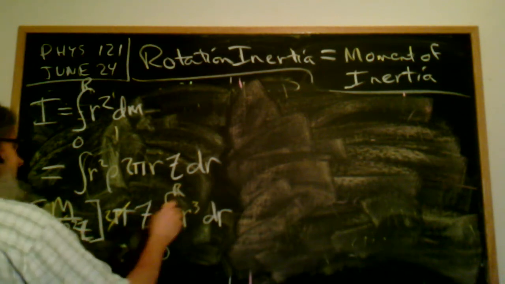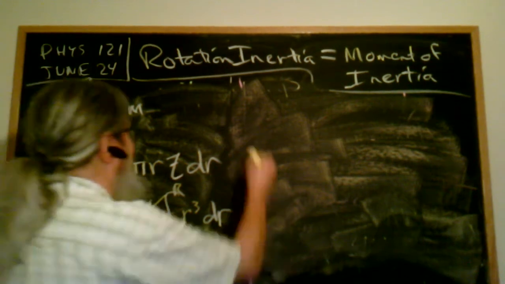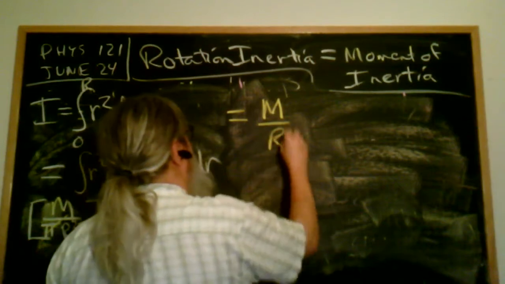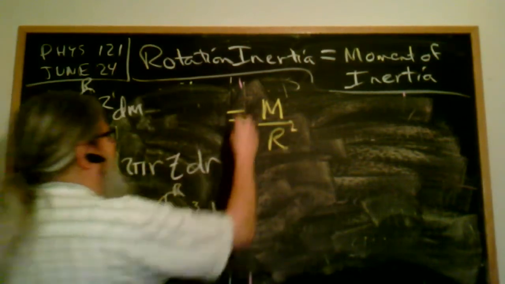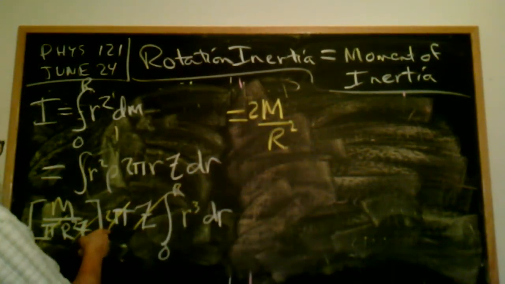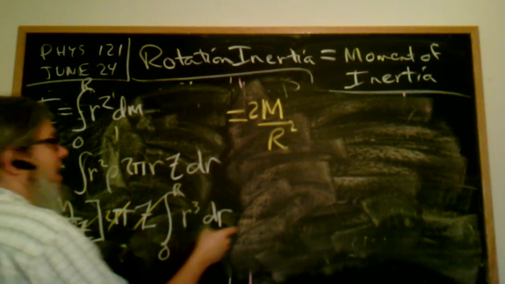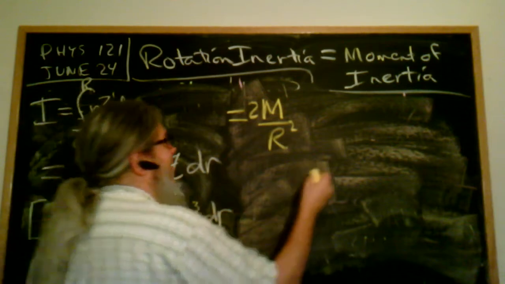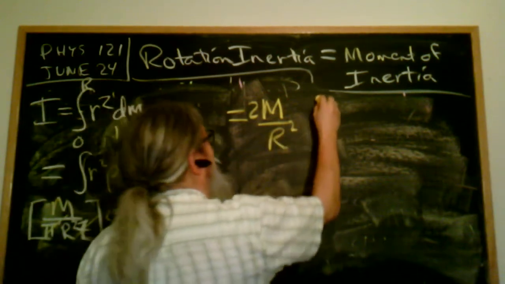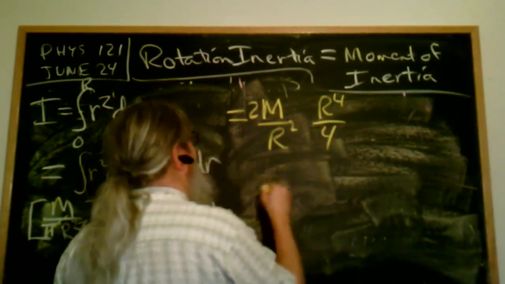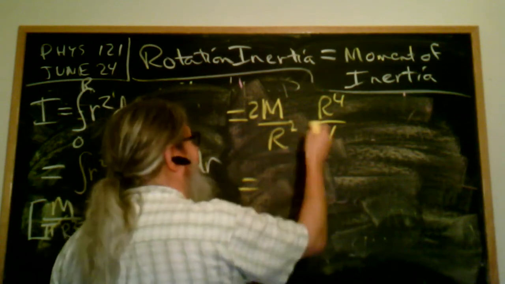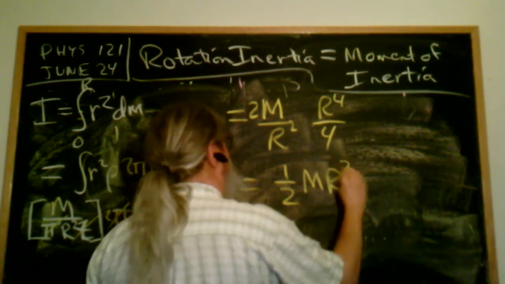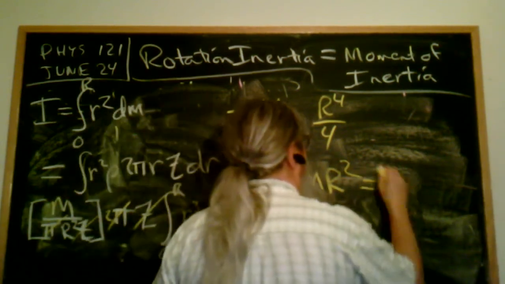Well, let's see. The t's cancel. So this is equal to m over r squared times 2. So there's a 2 left over here. And the integral of r cubed, the antiderivative of r to the third is r to the fourth. But I'm going from 0 to r, so this just becomes r to the fourth over 4. Oh, look, those cancel out, that cancels out, and I end up with 1/2 r squared. Again, this is for a disk,